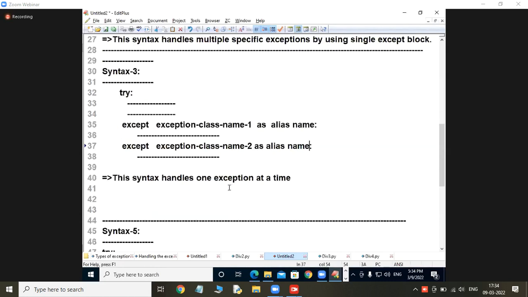Sir, because of this alias name, this is also important. This syntax handles one exception at a time. See, my dear students, I am printing the alias name here, and here also.